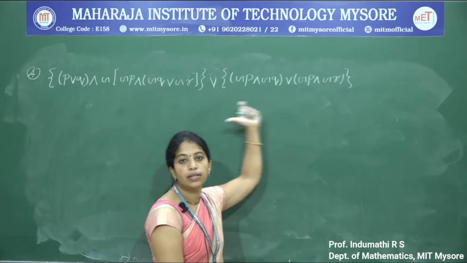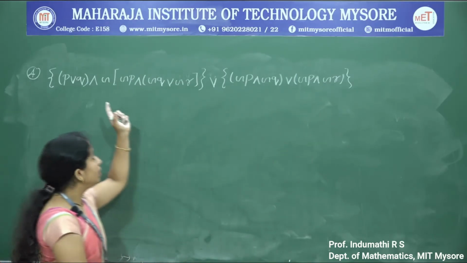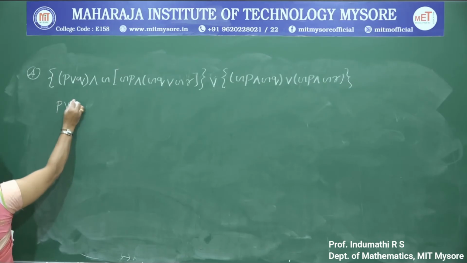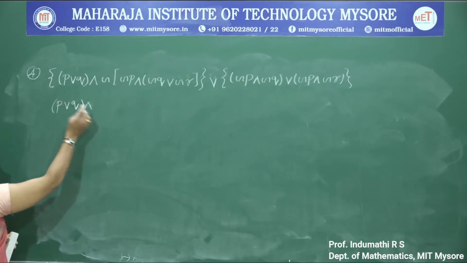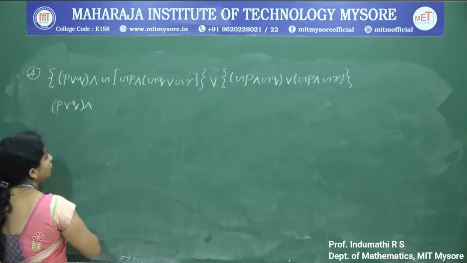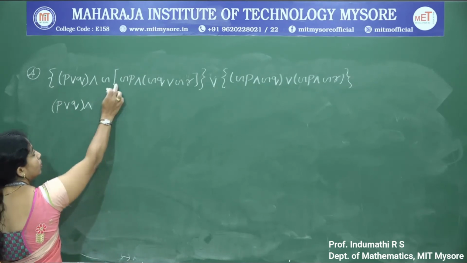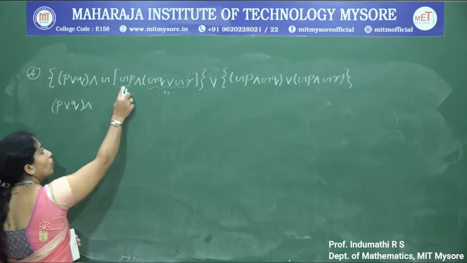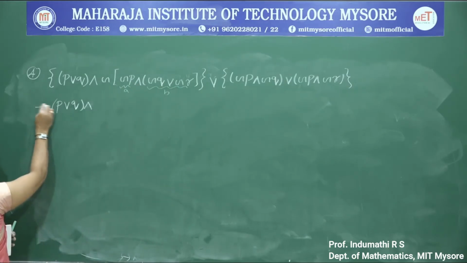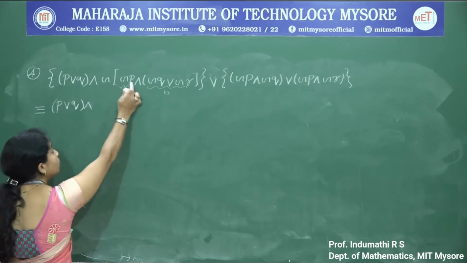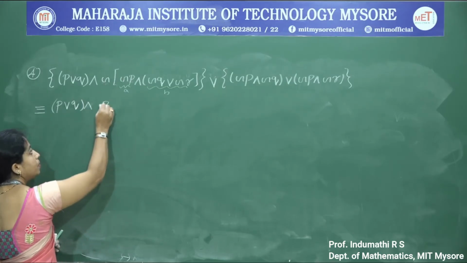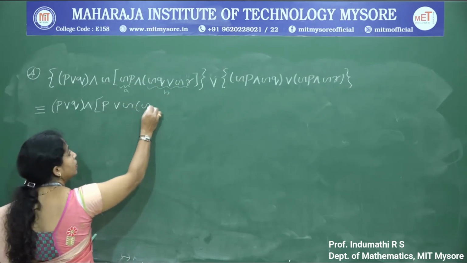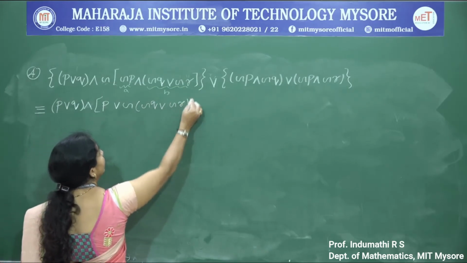We are supposed to prove that this compound proposition is tautology. Again, consider the given compound proposition. Write the first compound proposition as it is, P disjunction Q conjunction of. Now here, negation of, imagine this term is A and this entire function is B. Negation of A conjunction B is logically equivalent to negation A. Negation A means negation of negation P, that is P. Again, disjunction negation B. B means this entire compound proposition, negation Q, disjunction negation R.